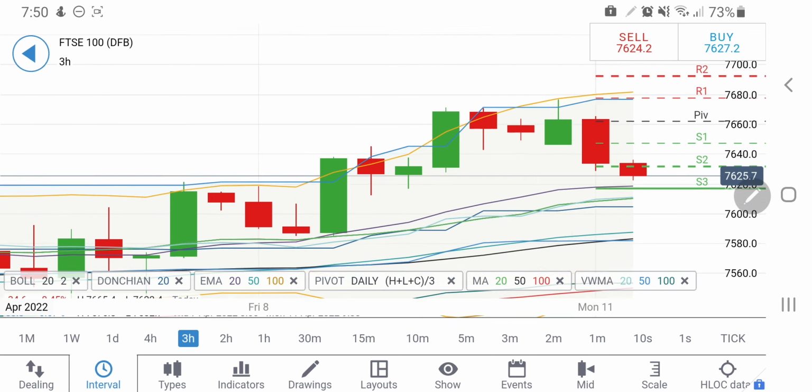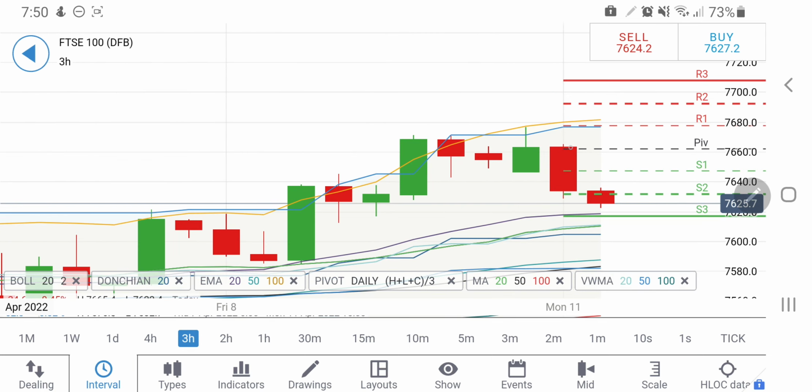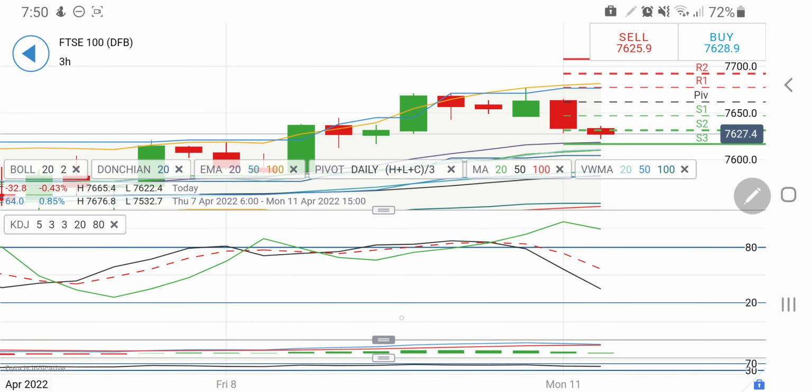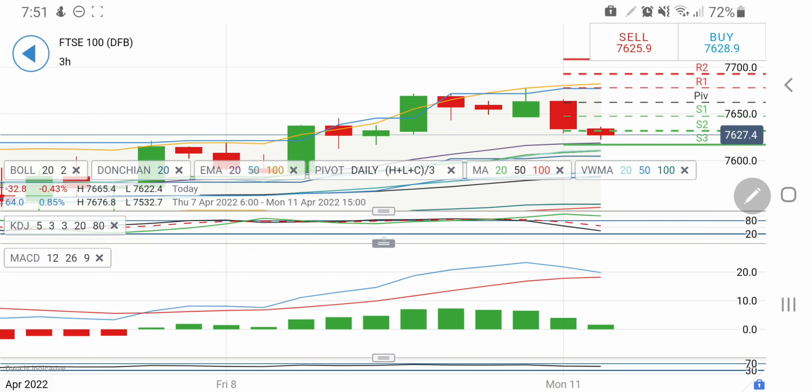Looking at the 3-hour charts, it may try to give you a red candle. See, 7660 to 7630, 30 points, and from 7630 to 7610 and 7600 should be the next red candle. The next support should be at around 7610 and 7580 levels only. So one can remain short till the time it remains below 7640. Only above 7640 can you go long, and the 3-hour stochastic is dropping downwards.